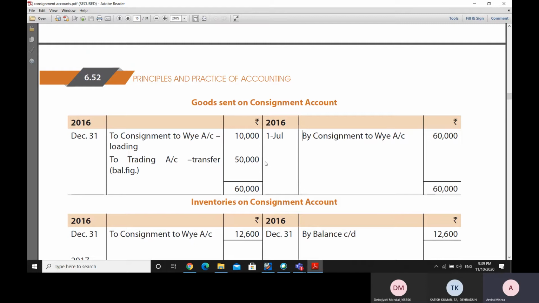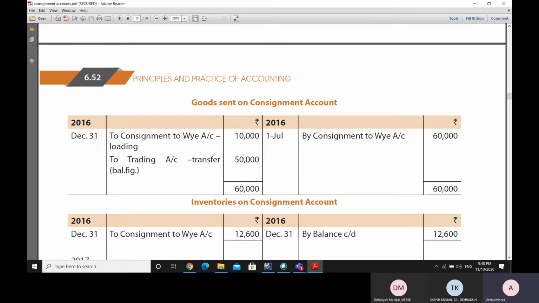So we are cancelling out both sides of the trading account, because the profit from the consignment part is separately taken out, and all those goods which are sold on consignment, the profit from that is already transferred to the profit and loss account, but these goods which are remaining are to that extent